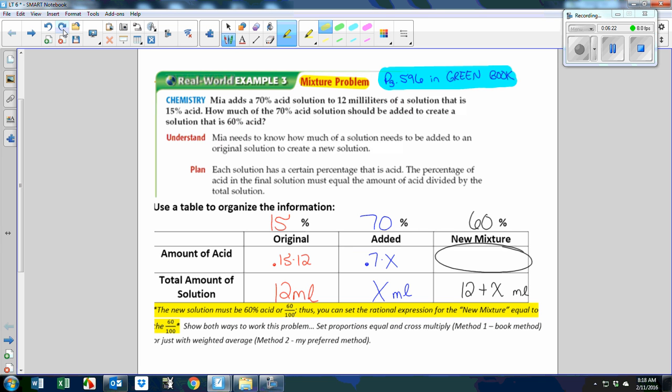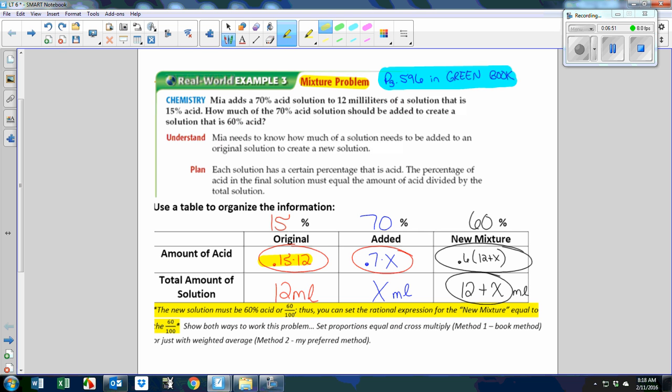And the way we're going to fill this last box in is using the same logic we just used in filling out 15% times 12, 70% times x. Your amount of acid in the end should be 60% of the x plus 12. So 60%, 0.6 times 12 plus x. And in doing so, we can now use this logic. The amount of acid